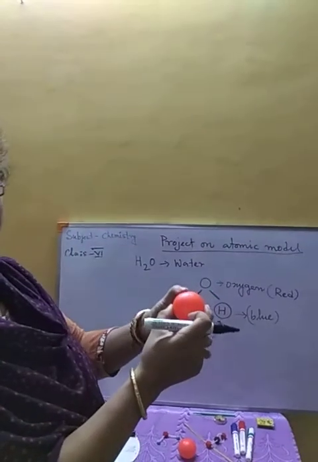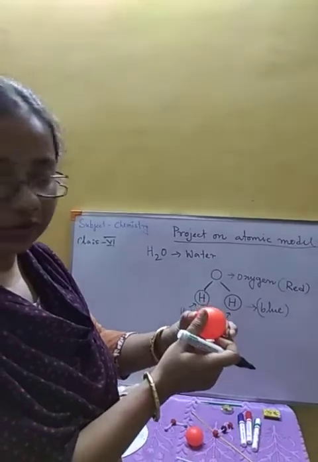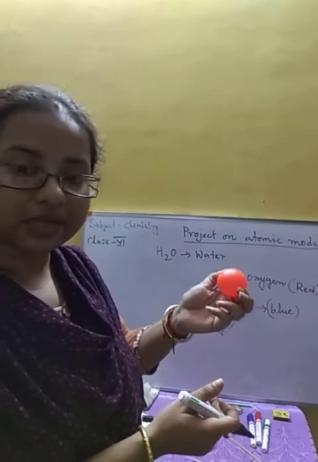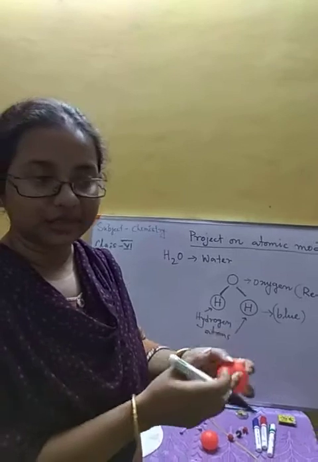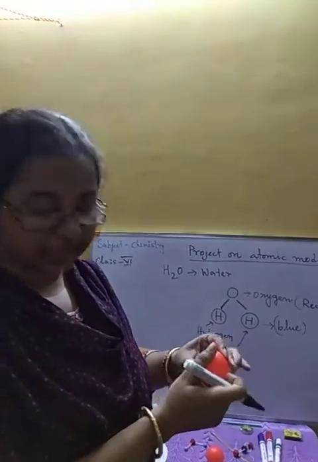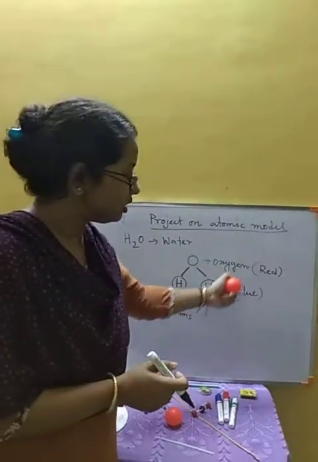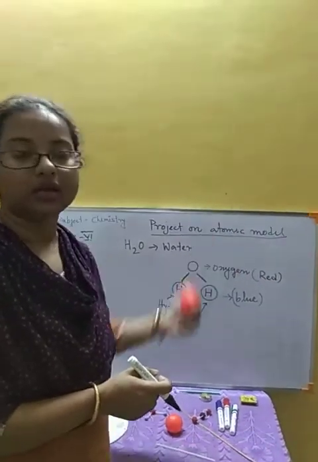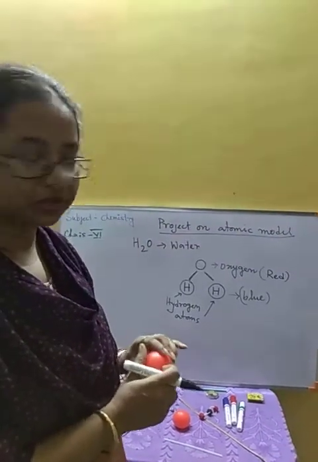Okay, the size may differ, but this kind of plastic balls you can use, or as I told you before, you can use paper balls also. You have to make the paper balls with newspaper. You have to crush the newspaper, and you can dip it in water so that we get a smooth texture. Then you have to wrap it with that particular color paper, or you can color it with that particular color.